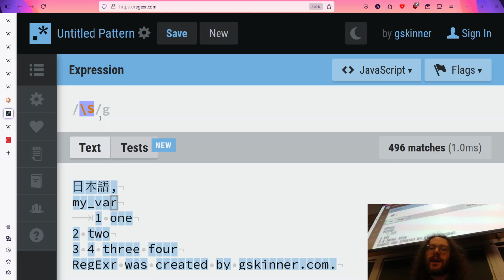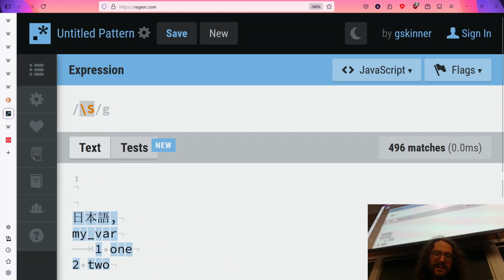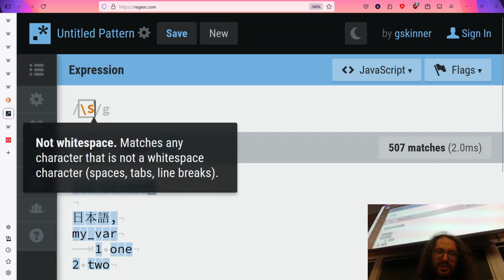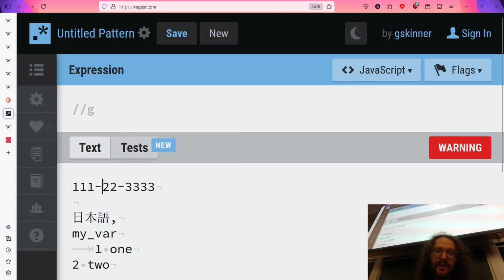A social security number, for those of you not from the US, looks like 111-22-3333. So your social security number is a series of 3 numbers followed by a dash, followed by 2 numbers, followed by a dash, followed by 4 numbers. These dashes are typical.